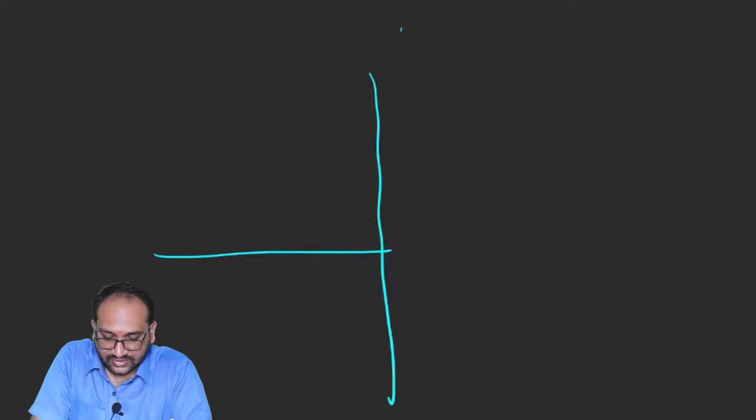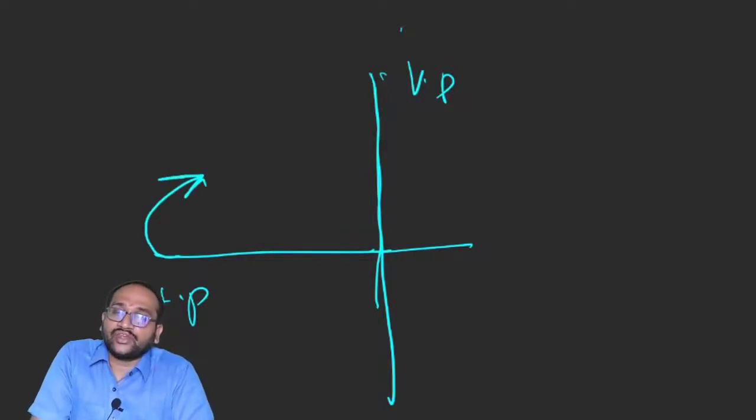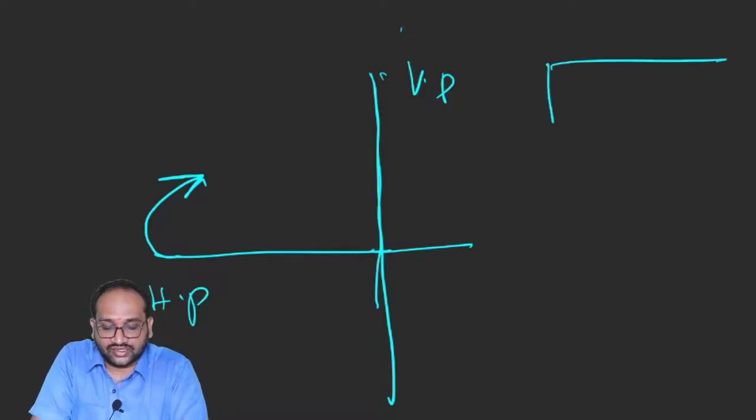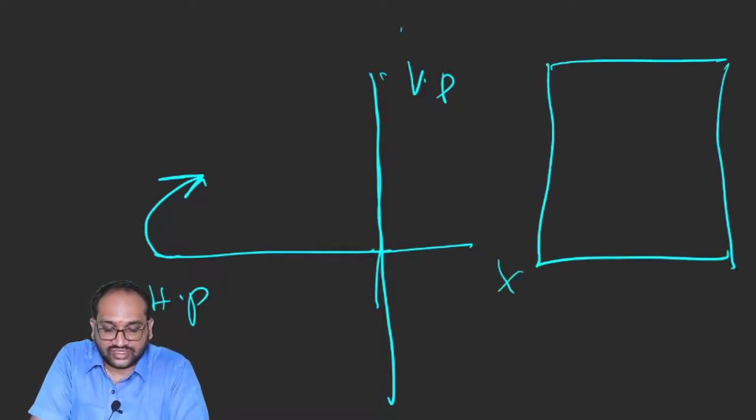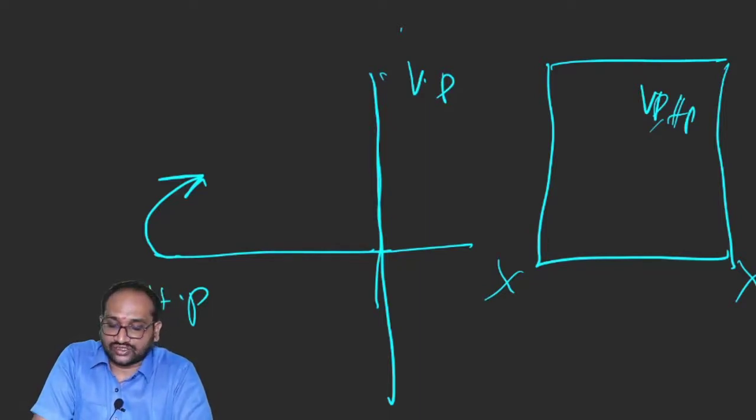See, this is the horizontal plane, this is the vertical plane. If we fix the vertical plane and rotate the horizontal plane clockwise 90 degrees, both views will overlap with each other. So it will come like this. This is the XY reference line. This is VP comma HP. So both views are overlapping with each other. That's the reason we are not using second angle projection.